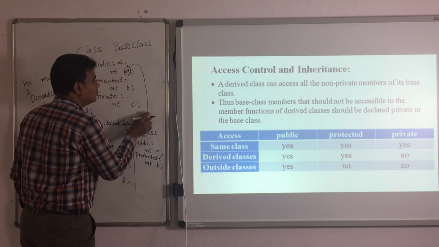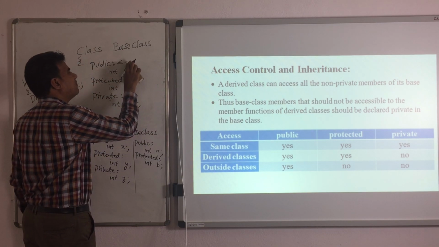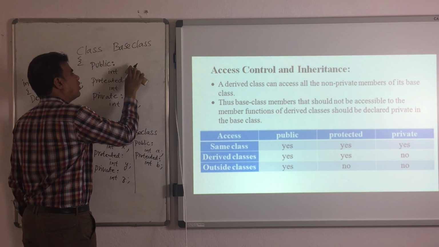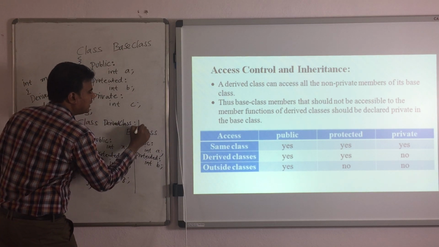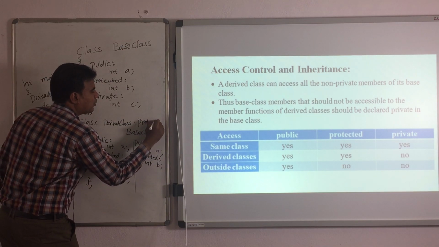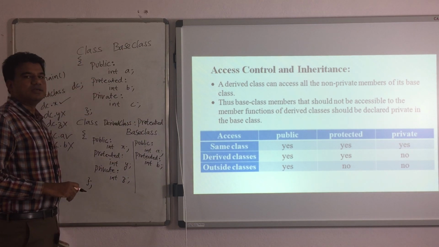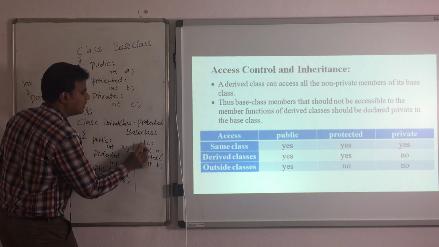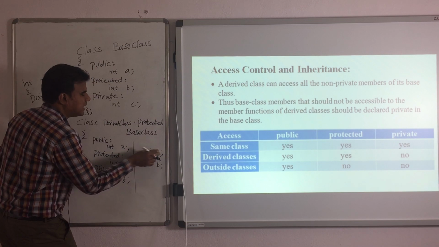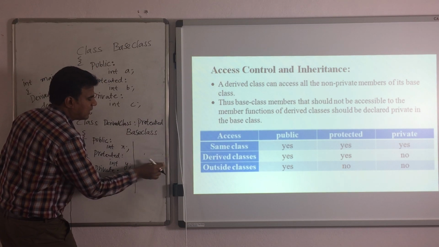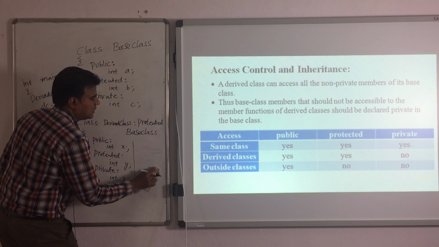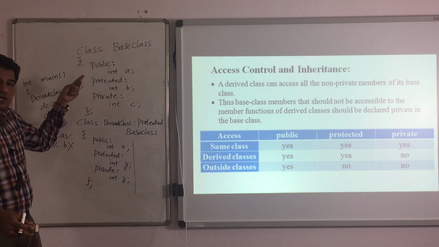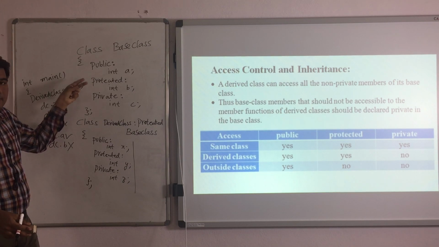If you try to inherit the data members in protected mode, how will the data members of the base class get inherited into the derived class? That we will see over here. From the base class, how many data members can I inherit? Two. Private, public, protected.